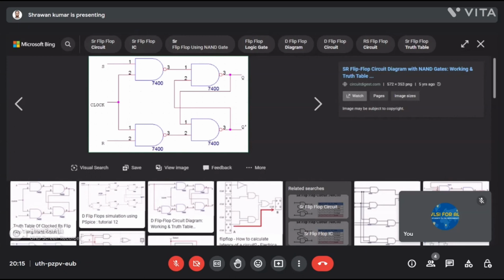So when you apply 0, it will be 1. When R is equal to 0 and the clock is high, it will give 1 here as well. So now both gates have 1 1.